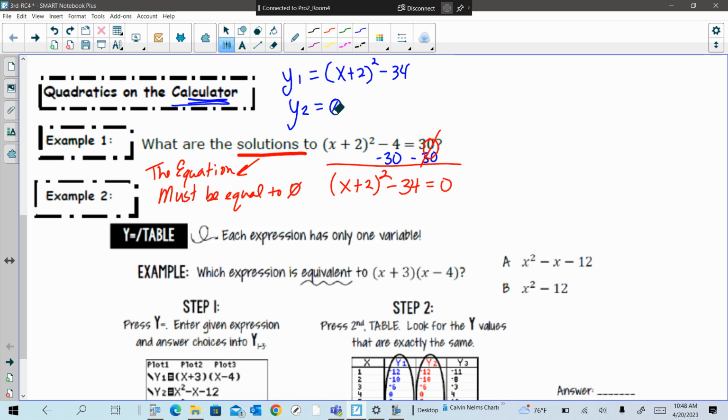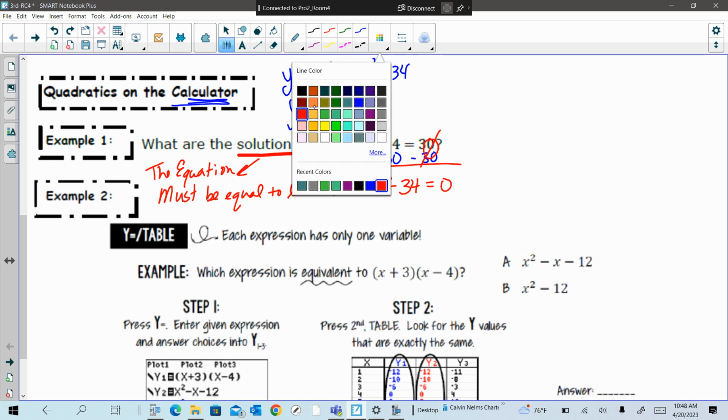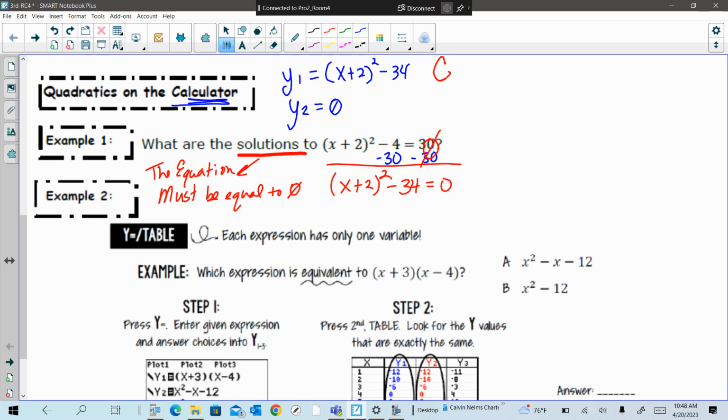So get a calculator in hand, let's type this in. Let's make sure we know where to go to get to our solution. So we put these two in, then we need to graph it,